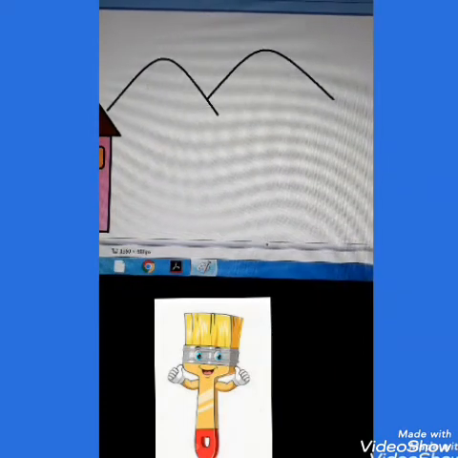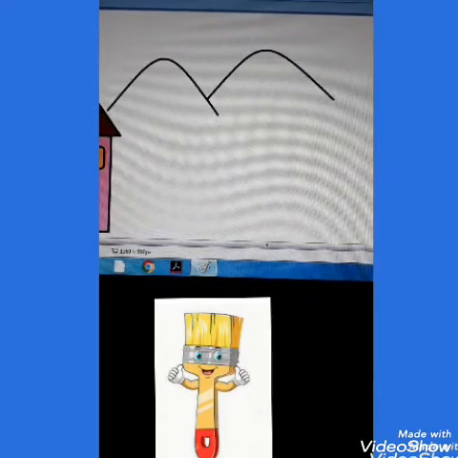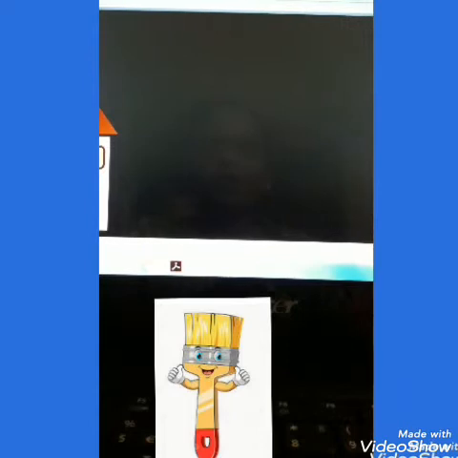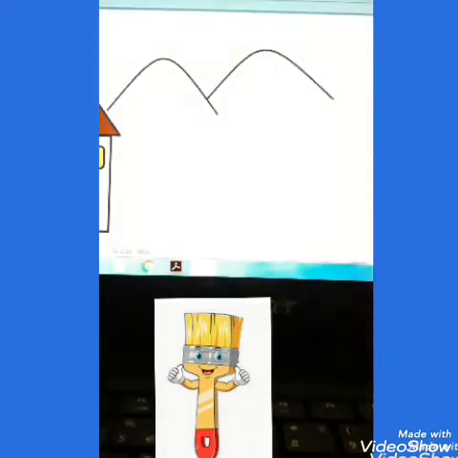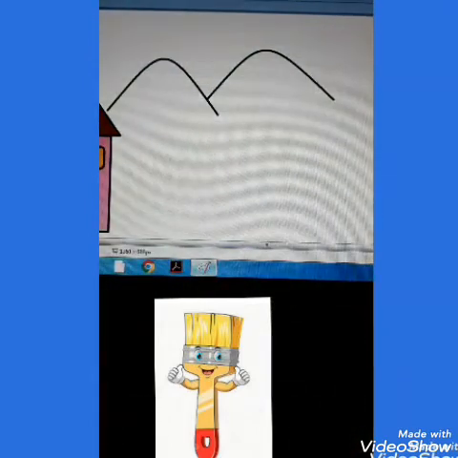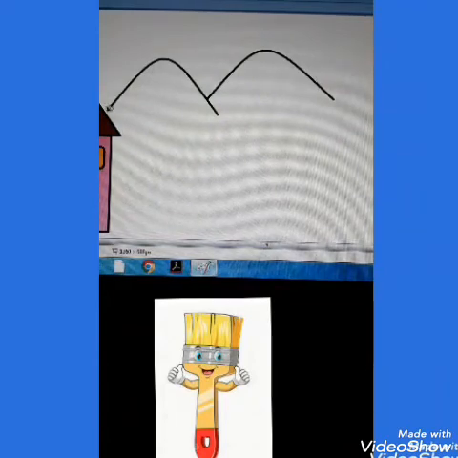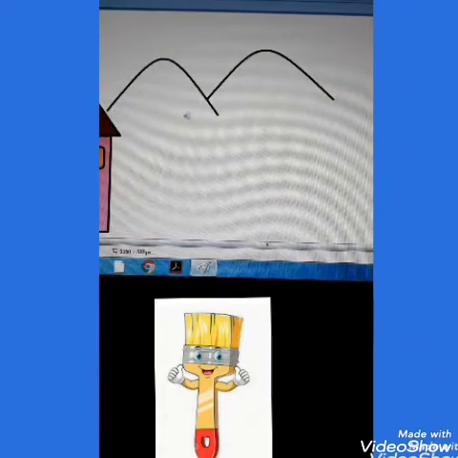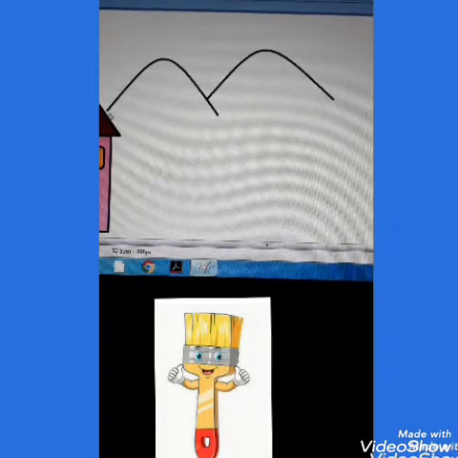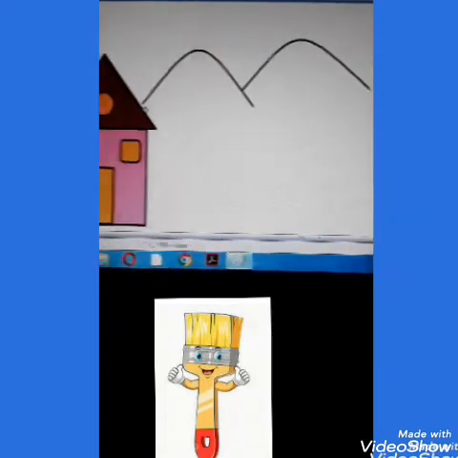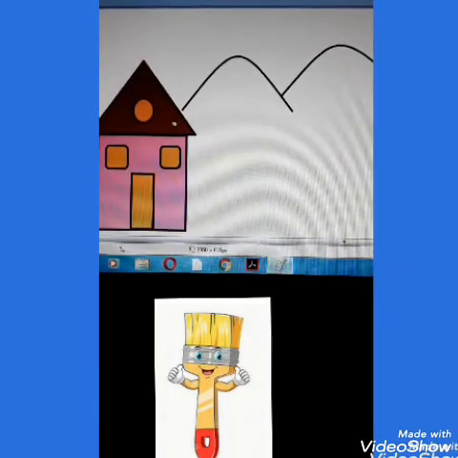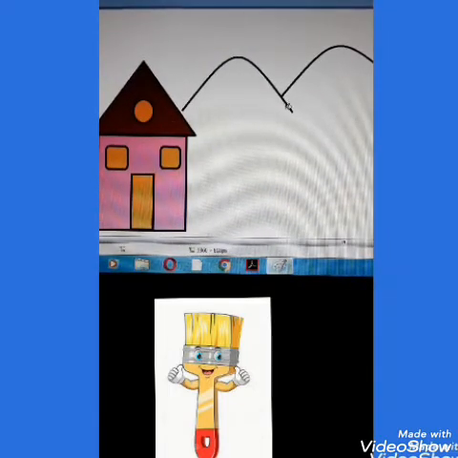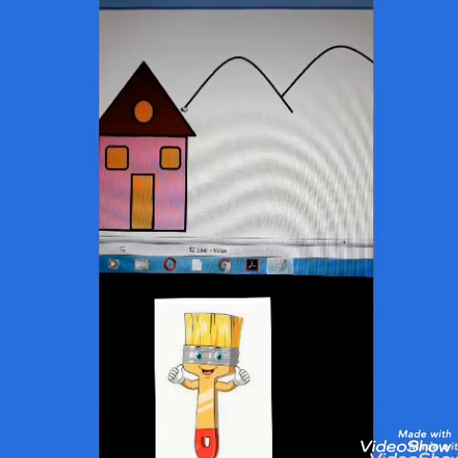Now we want to color this. As you all know, if you color here like this, it will flow out to the whole screen, and that you don't want. You know why it is flowing out, because this is an open shape. In the house it was a closed shape, so you could color it there. Here the mountains are open shapes, you can't color. So now we have to join it and make it a closed shape.